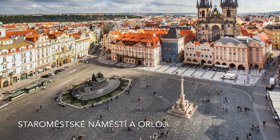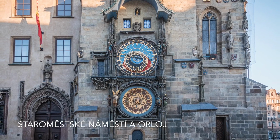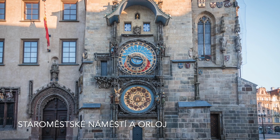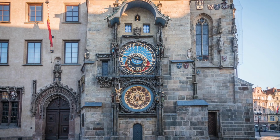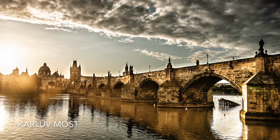The square is also decorated with the world-famous Prague astronomical clock, which is over 600 years old. Every hour it captivates tourists with its moving spectacle. The astronomical clock shows not only the time, but also astronomical data, the position of the planets, the seasons and holidays. Charles Bridge. Take a walk across Charles Bridge, a historic bridge that has connected the old town to the